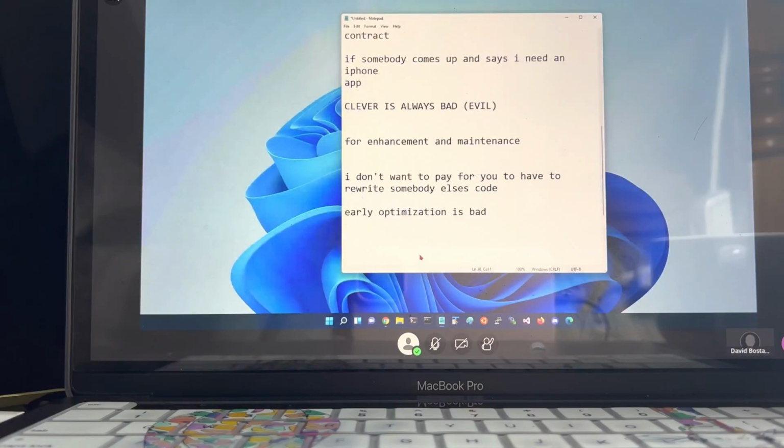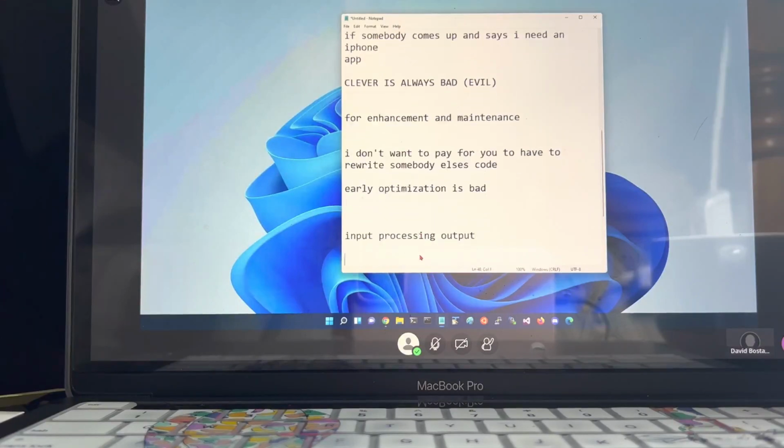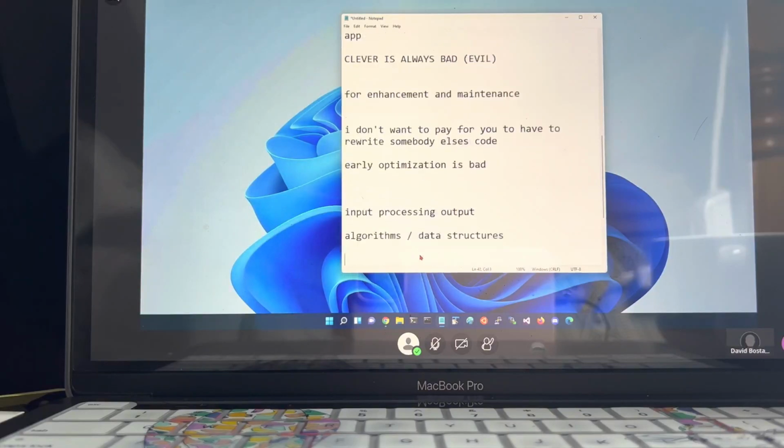Basically, in a computer system, we have some input, we have some processing, and we have some output. It's unlikely we have processing that produces output multiple times because it would always produce the same thing. And once we've had it run once, we don't need to computerize it anymore. In the processing stage, generally, we're going to have algorithms and data based on data structures.